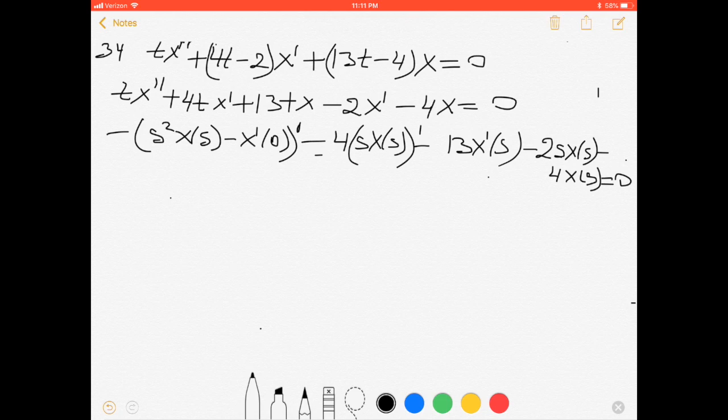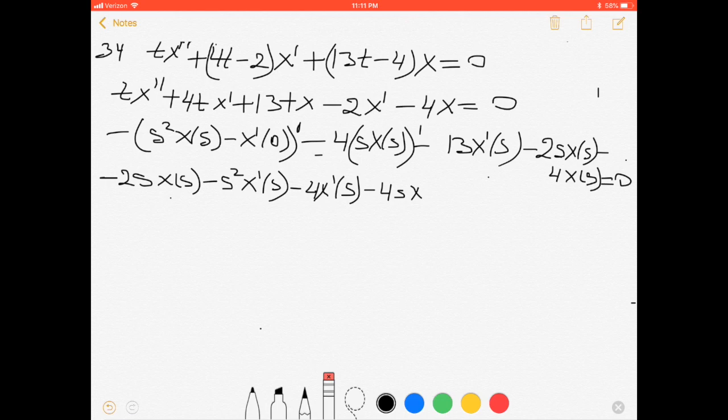Found all derivative. I have 2s x to the s minus s square x prime to the s minus 4s x to the s, okay, minus 4x prime to the s minus 4s x prime to the s minus 13x prime to the s, 2s x to the s minus 4x to the s equals 0. Factoring